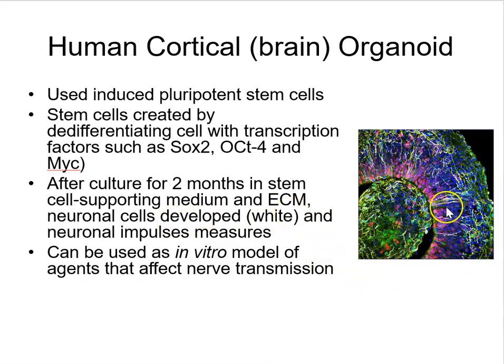And in white are neuronal cells forming neuronal connections with other neuronal cells, and within there you've got all of your other support cells such as oligodendrocytes, astrocytes, and so on. So all of this can come from a single cell that has the ability to differentiate down multiple different lineages. So organoids are really fascinating